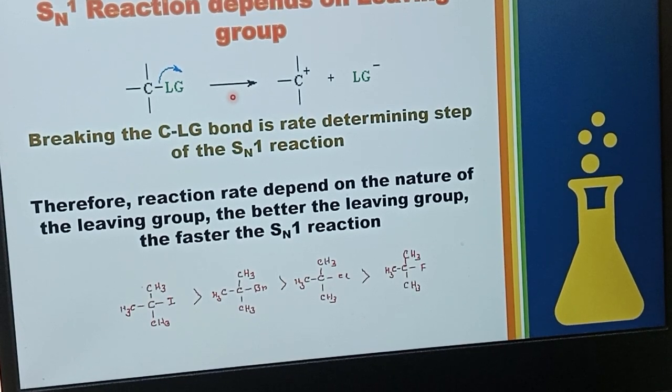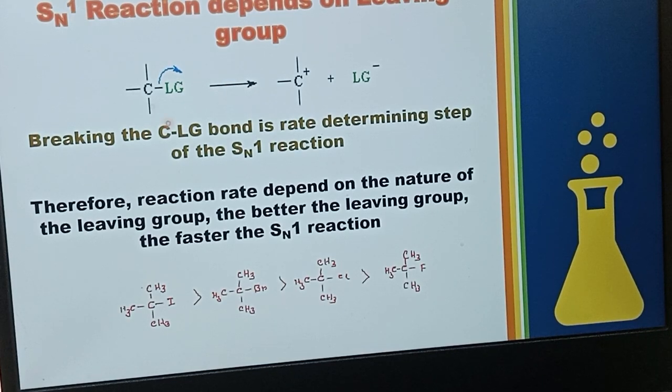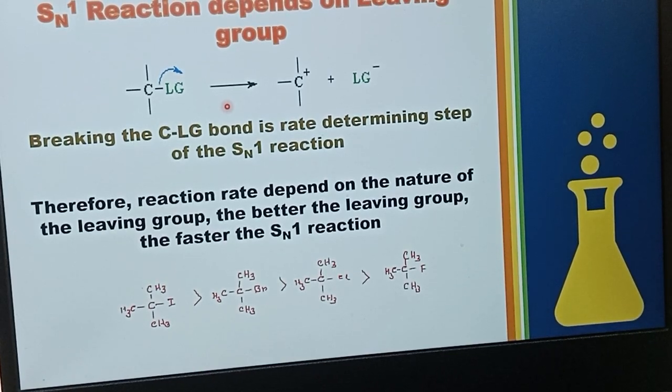This is actually what you will learn when you study chemical kinetics. There you can see the rate determining step will tell you whether it's unimolecular or bimolecular. Okay. So this one is what I told you. This one is unimolecular, meaning the rate of the reaction depends on only one substrate. But which rate? Which is the RD step? We have to consider only the RD step. Clear? Understand?